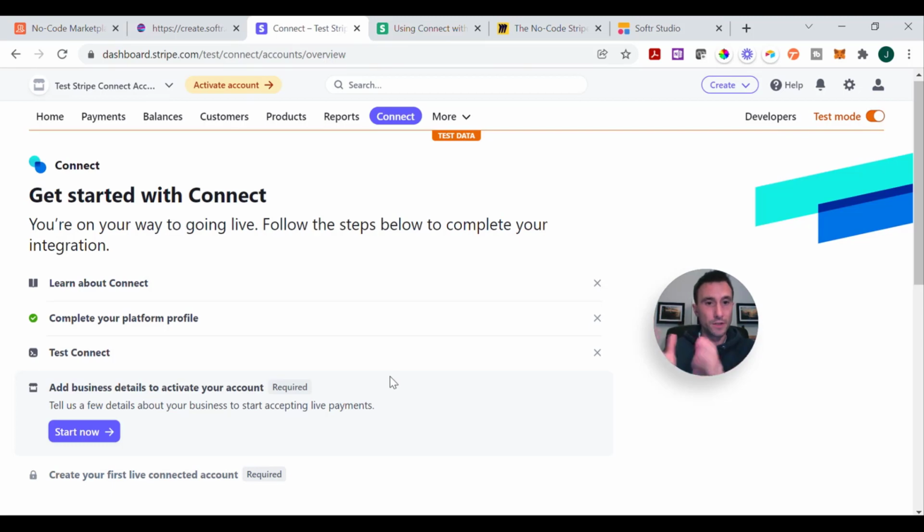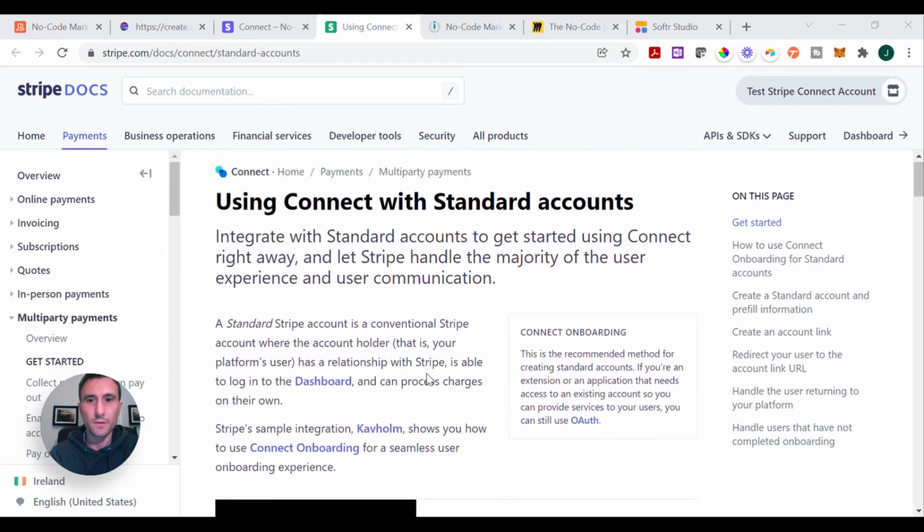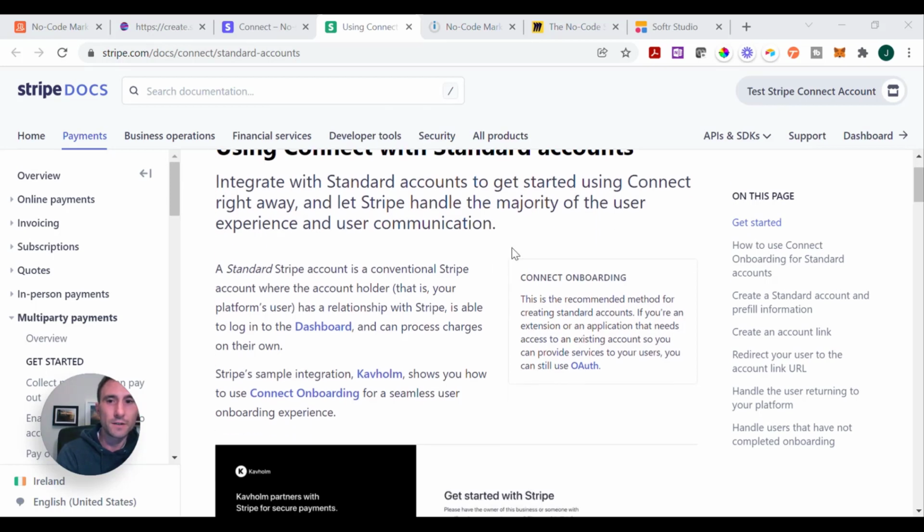I would use Integromat or Zapier if you're not a coder. It just simplifies this API process, and I will show you the Integromat flows to use a standard Stripe Connect account. Now that we have our standard Stripe Connect platform set up under our Stripe profile, all we need to do next is convert or digest this particular page using Connect with standard accounts and effectively try and translate